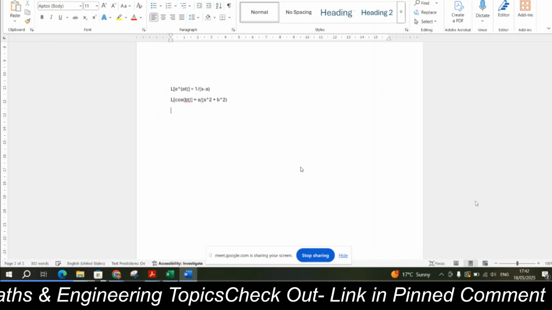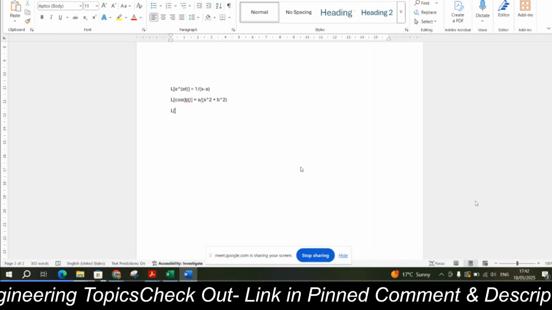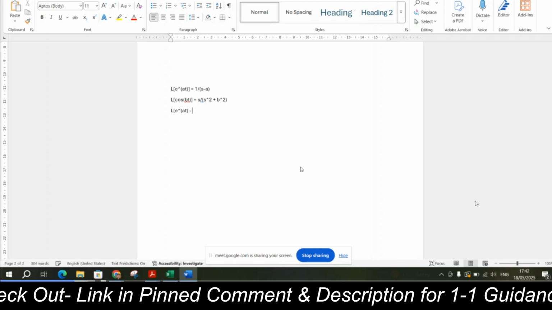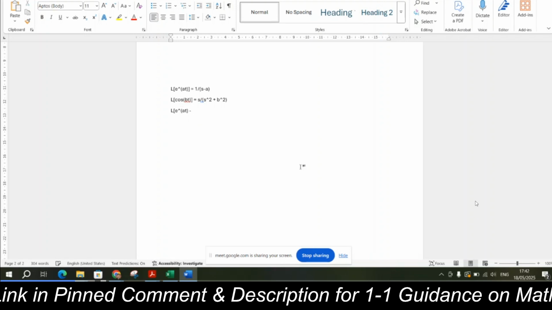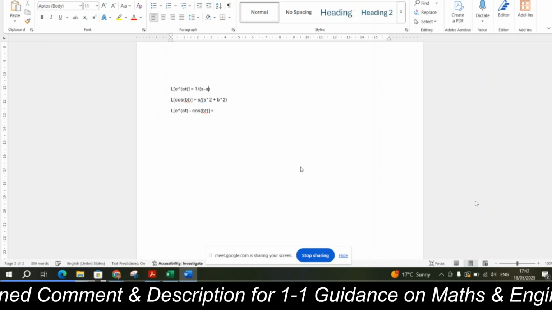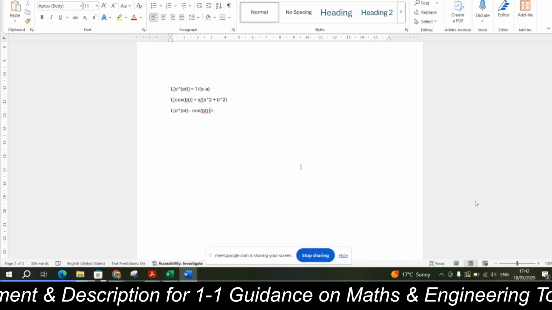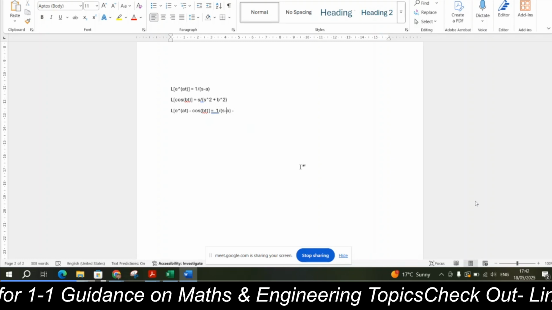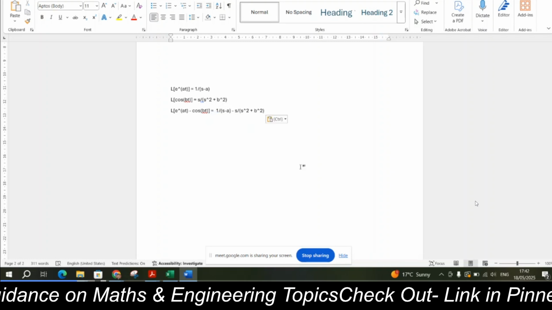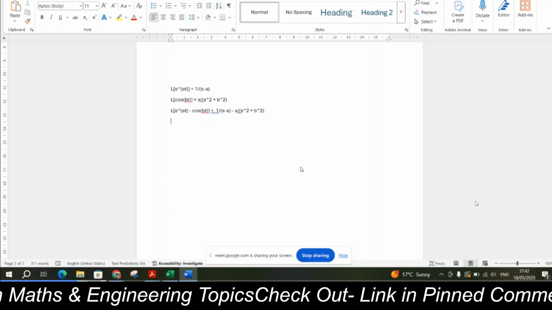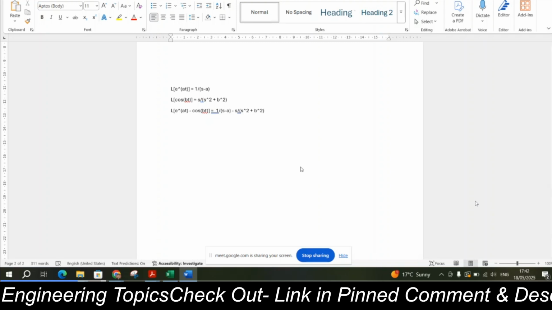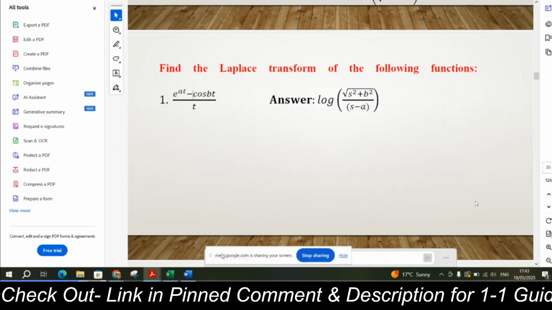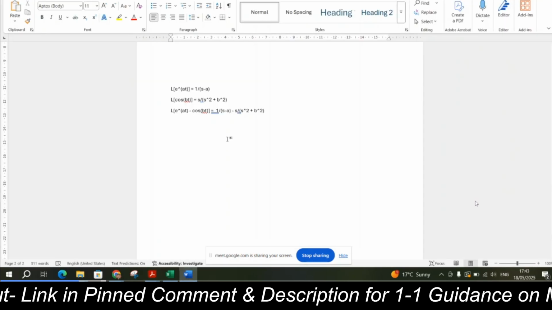Is that correct? So now you have the Laplace transform of, you can put it in brackets, and that will be equal to this. You do not have to simplify this because you have two separate things. Now you can apply the integral thing, that is division by t property. When you apply the division by t property, you will have the integral of 1 by s minus a minus s upon s square plus b square, with the limits s to